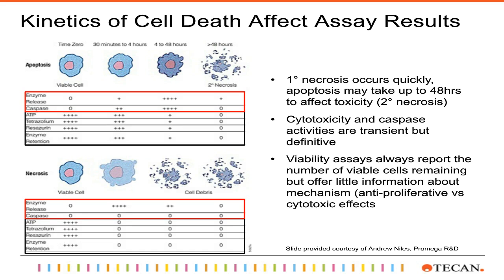And then within the boxes underneath the cell cartoons, you'll see a series of pluses and zeros and a variety of biomarkers corresponding to those pluses and those zeros. And what that's telling you is that over the course of time, when there's a plus there in our little table, that indicates that the biomarker is present at that point in time and can be measured. So the more pluses that you see, that corresponds to the increased amount of biomarker that's measured at that point in time. And then